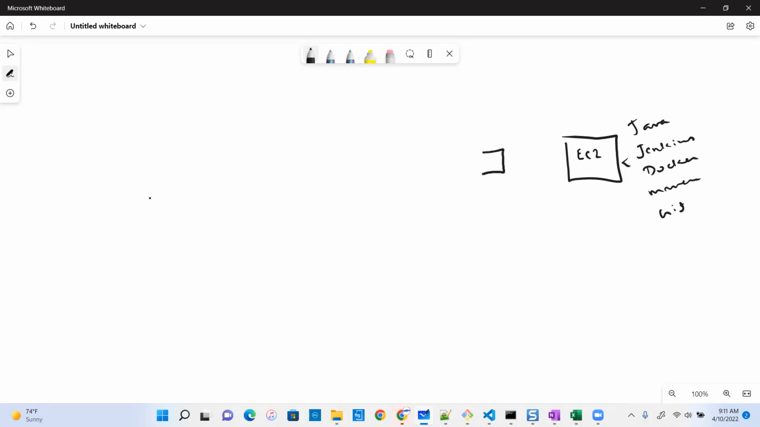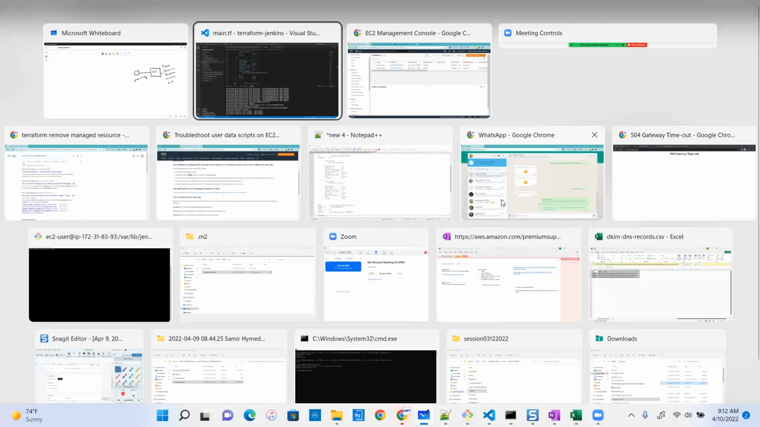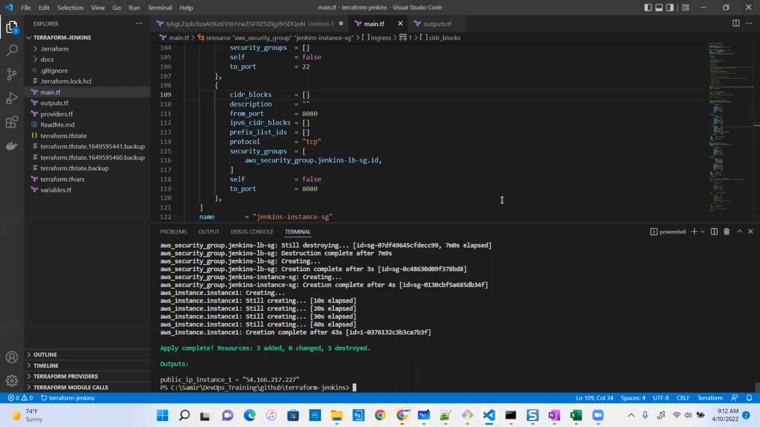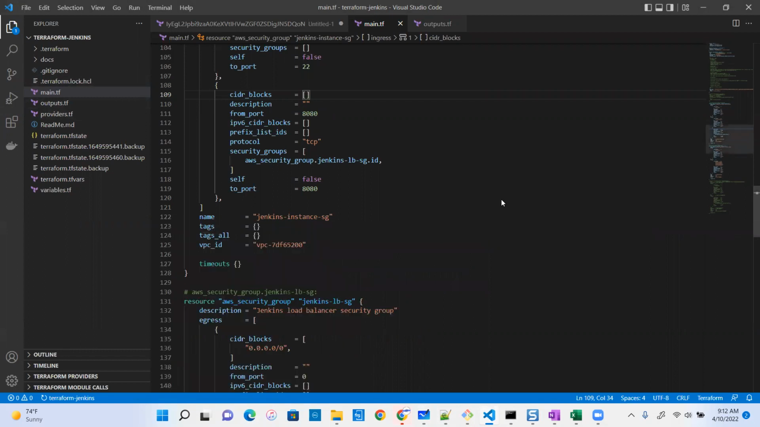Fronting this EC2 instance is the Jenkins SG, the Jenkins security group, right? And in the Jenkins security group, if you really look at it from the code, it created it as an EC2 instance. Let's just look through this a little bit. So if you look at the Jenkins security group,